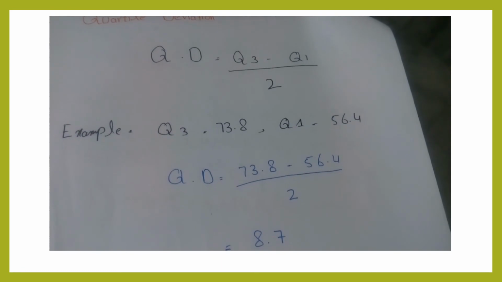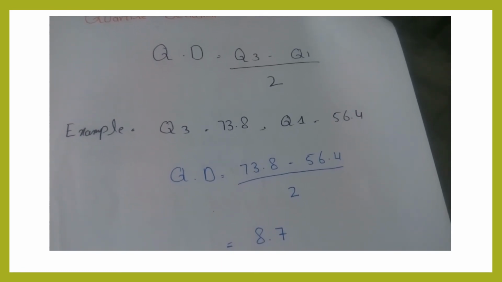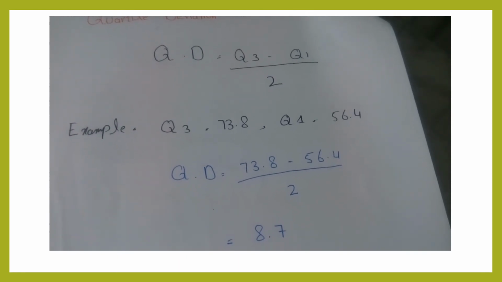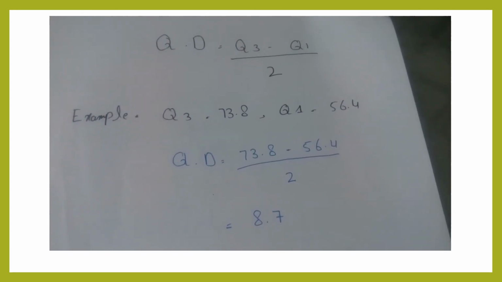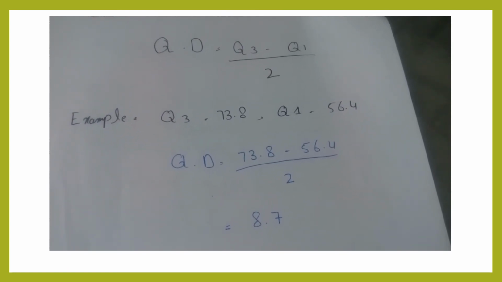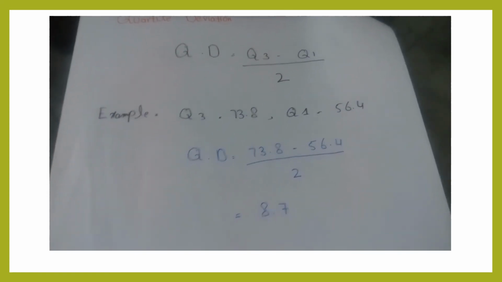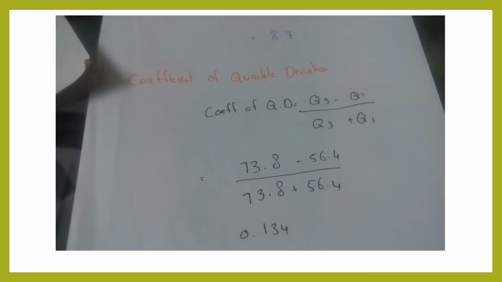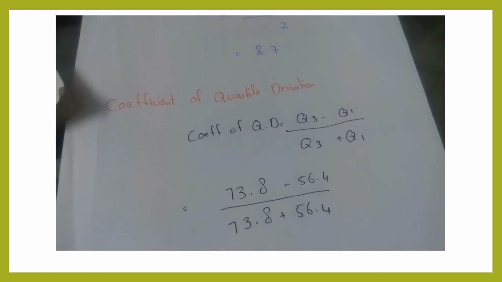Quartile deviation. Quartile deviation is half of the difference between the upper and lower quartiles. Here is the formula of quartile deviation: Q3 minus Q1 divided by 2. Q3 is 73.8 and Q1 is 56.4, and the answer is 88.7. Coefficient of quartile deviation: Q3 minus Q1 divided by Q3 plus